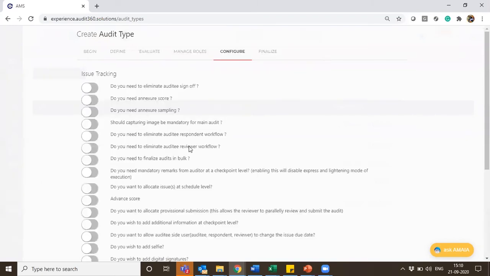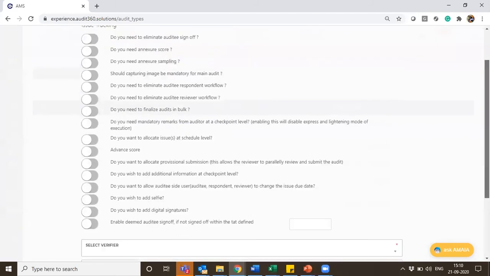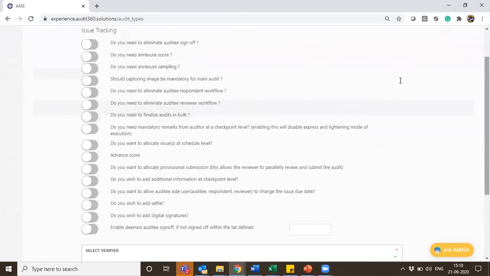Cancel. And I come to the configuration screen. Here, if you see, you have annexure. Whenever you add an annexure, there are two configure query questions which should be added into this list. One is, do you need annexure score? The reason we are asking this is, whenever there is an annexure being followed, sometimes it would be a blank field where you would be adding just reference data, and sometimes you would be verifying it.